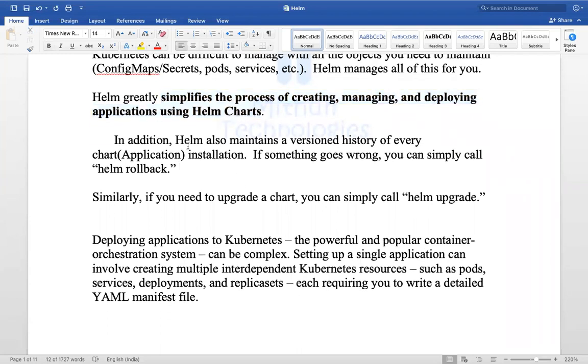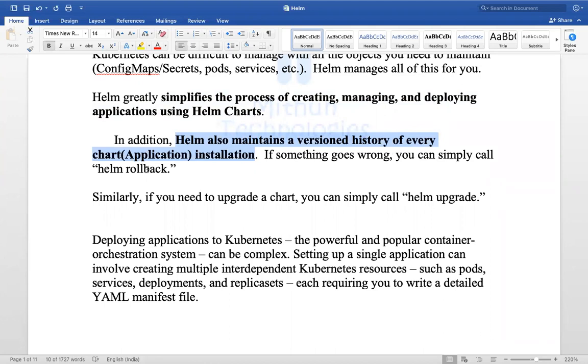And also Helm will maintain the version history of every chart, basically the application we installed in a Kubernetes cluster. If something goes wrong, you can simply roll back by executing this command, helm rollback, so that it will go back to the previous version.